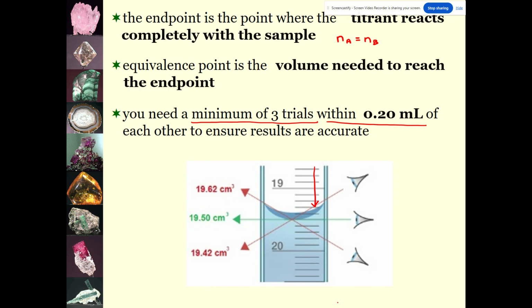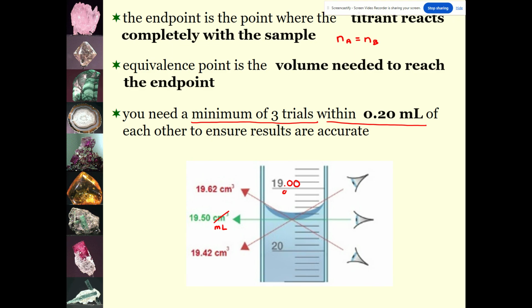0 is at the top and 50 is at the bottom. You need to make sure you're reading at eye level the bottom of the meniscus, and it is accurate to 2 decimal places. So centimeters cubed is the same as saying milliliters. So the correct value when I read the bottom of the meniscus, because that's